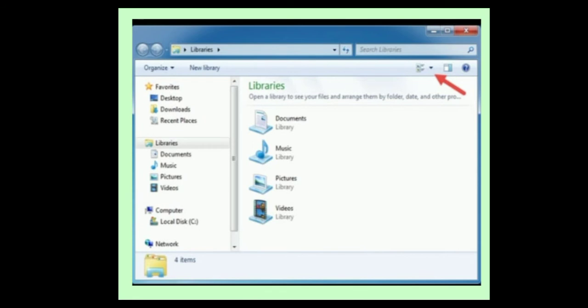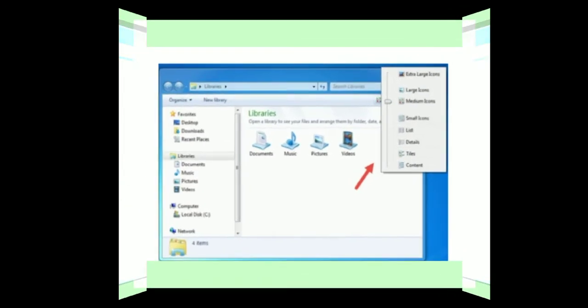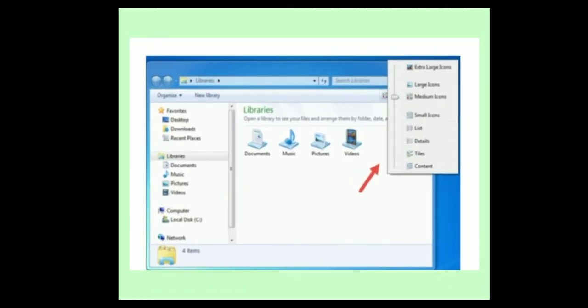You can also open My Computer. When you open My Computer, it shows the C drive, D drive, E drive, and at the top right side you see the red arrow. When you click here, you see all types of view. In the next figure, when you click on this arrow, you see all types of view. So let's discuss all the views one by one.